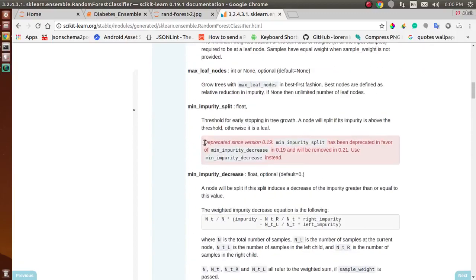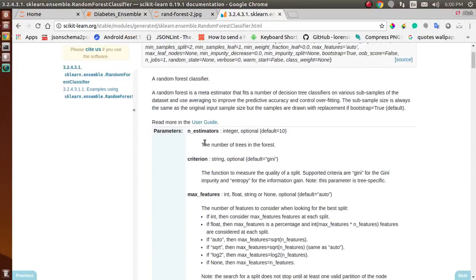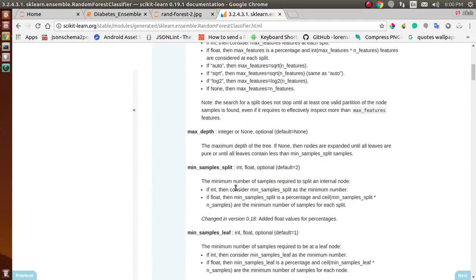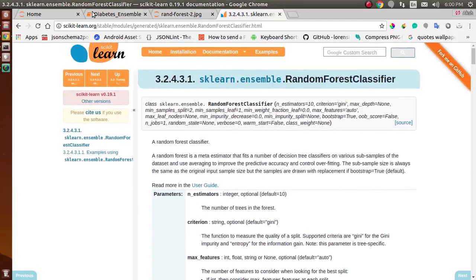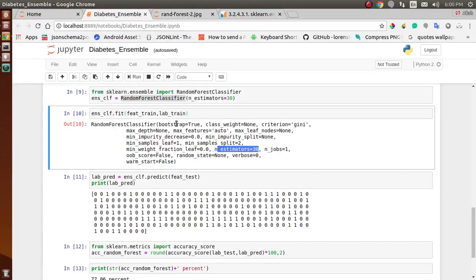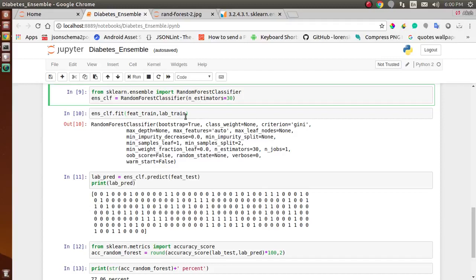We will check where n_estimators is, and here you can see this is the definition of n_estimators, the number of trees in the forest. If you want to explore more, just have a look at this page and you will get to know more about these parameters.